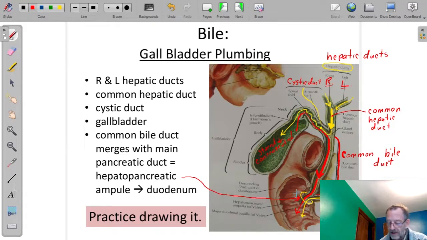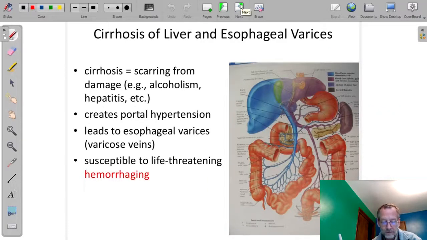So look at the drawings or the illustrations that aren't all corrupted with my red and yellow ink in that slide set that I gave you. So practice drawing that system of the bile plumbing and merging with the pancreatic duct. Okay,